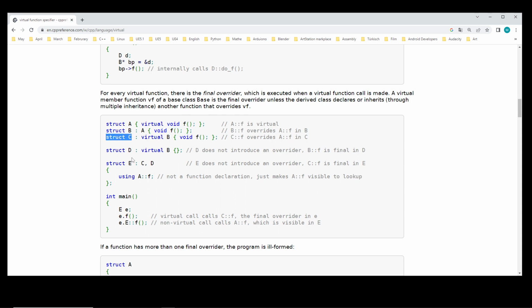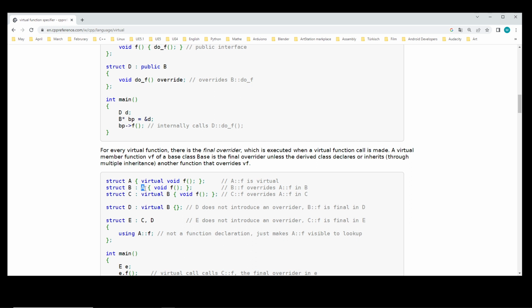Again, we create another struct and we check again inheritance, but here important is it is not inheriting from A, it is inheriting from B. And we talked about this in our last video. This is called indirect inheritance from A. Why is it indirect inheritance from A? When I call it here inherit from B, because B is inheriting from A. That's why it's indirect, and this virtual function call works here too,